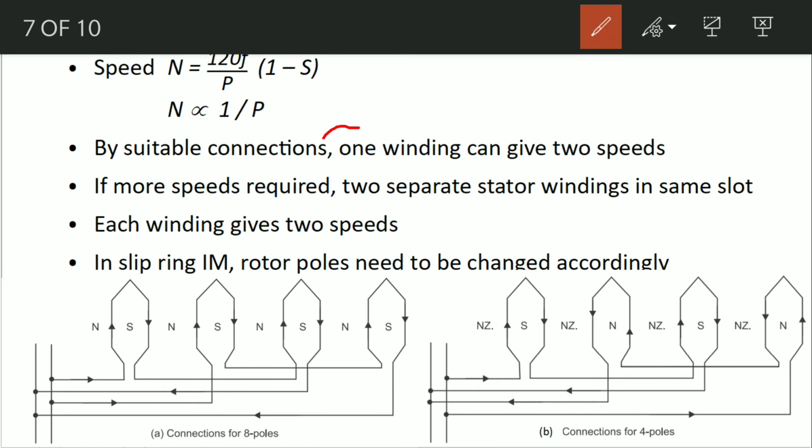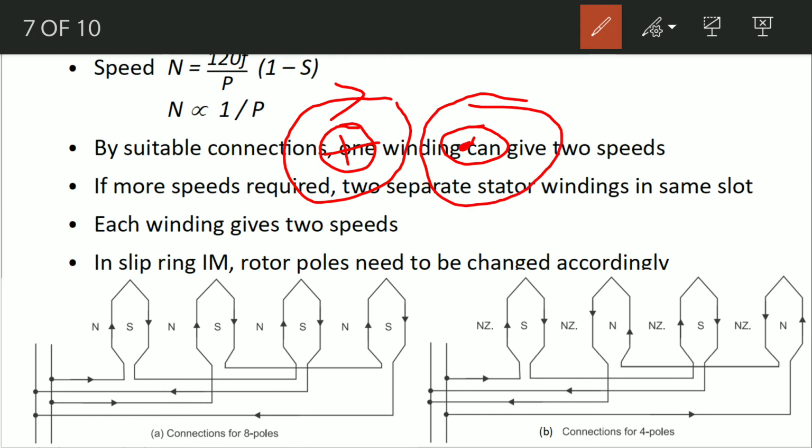If we have two conductors having current in opposite directions, in one conductor the current is entering and in the other it is coming out, what happens? There is a clockwise line of force here and an anti-clockwise line of force here. So in between these two, if there is an iron part, here the flux is entering, so it is a south pole. Here the flux is leaving, so it will be a north pole. So poles are formed between two conductors having opposite direction of current.